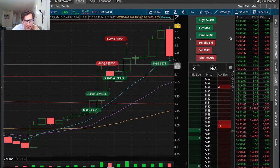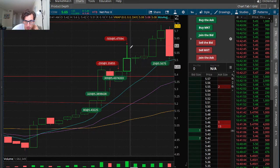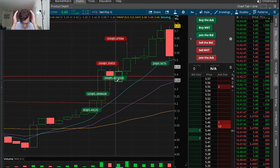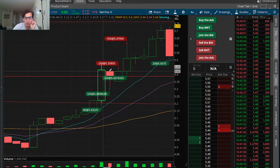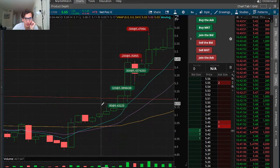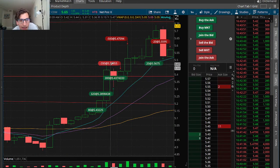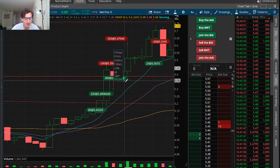And I started to have to manage my risk. I was just in too much, and it was taking too long to run. Even though the setup was still valid, a micro pullback, a break through the pivot point for a potential retest of the pre-market high, that was the setup, and it was still valid. And it was only a 1-minute pullback. But I felt like I had to manage my risk, because if it did flush,